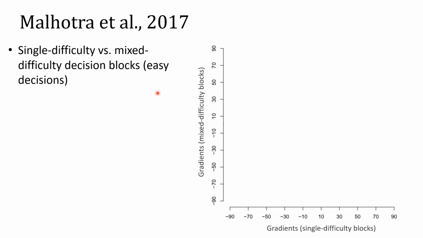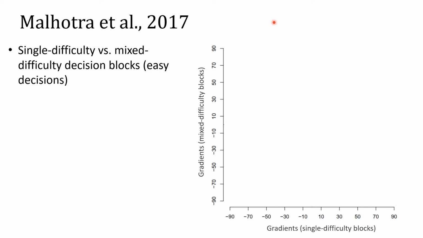We are going to focus here on one such analysis performed by Malhotra and colleagues, whose primary aim was to examine whether individuals use collapsing thresholds in contexts where they represent the optimal policy. Participants completed blocks of easy-only decision trials, as well as blocks where easy and difficult trials were randomly intermixed.